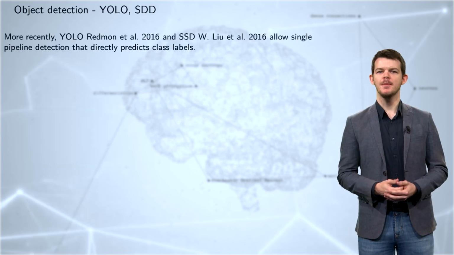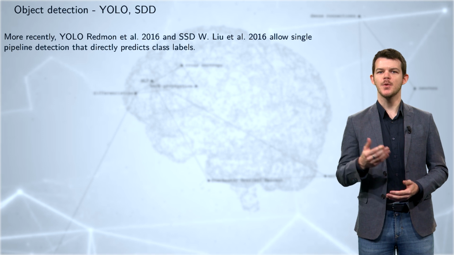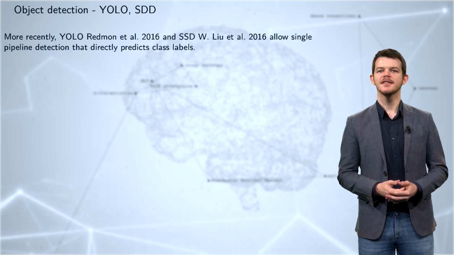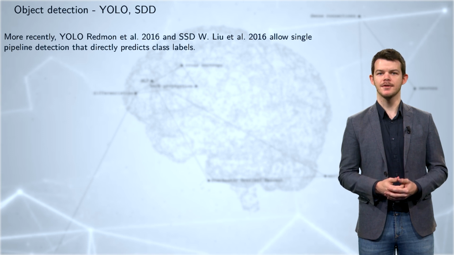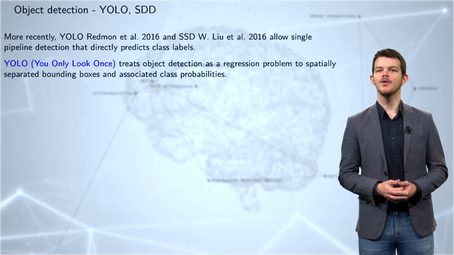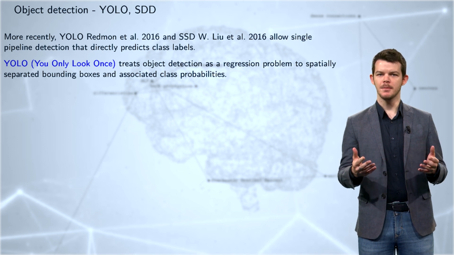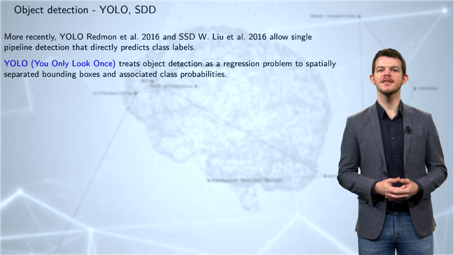More recently, two methods, YOLO and SSD, have been drawing a lot of attention. They are single pipeline detectors that directly predict class labels. YOLO, standing for You Only Look Once, treats object detection as a regression problem to spatially separate bounding boxes and